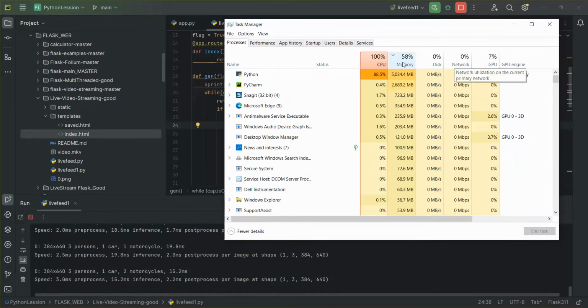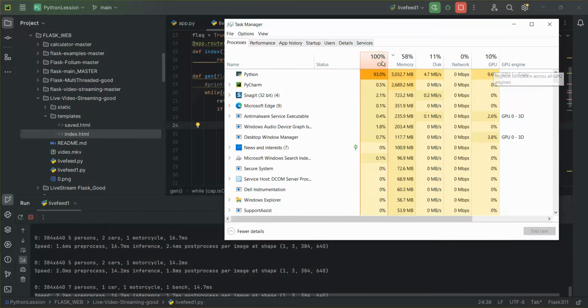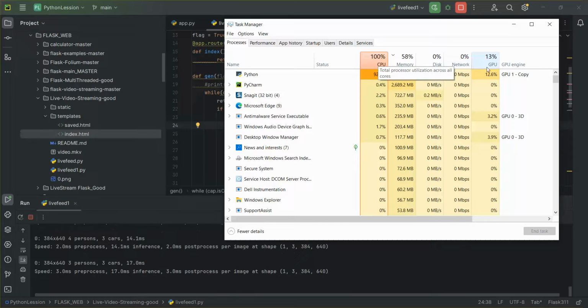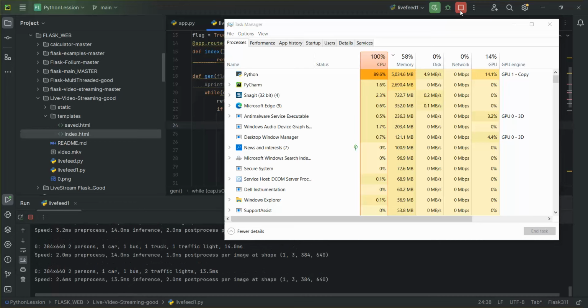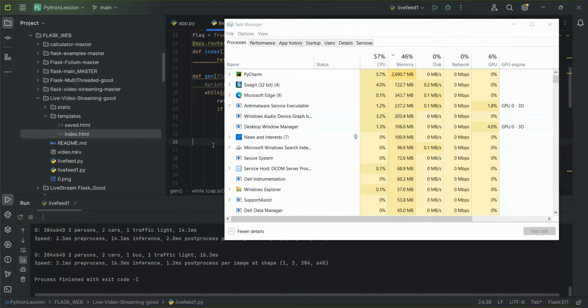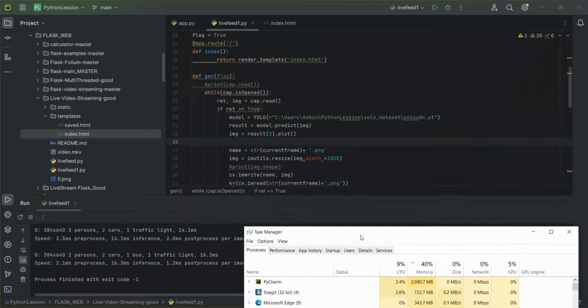It's 100% CPU. The CPU is running too much, right? 100% CPU and 40% GPU. So I try to see how to reduce the load on the CPU. From here I will put image and